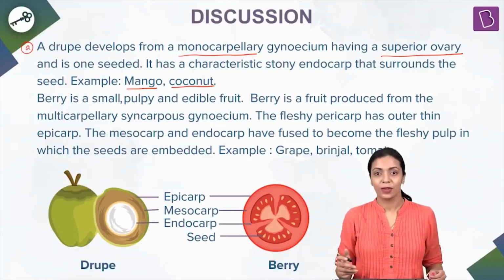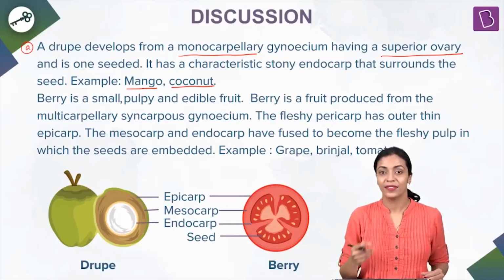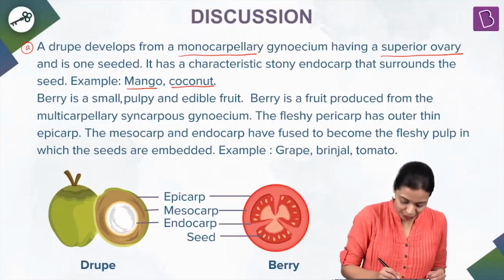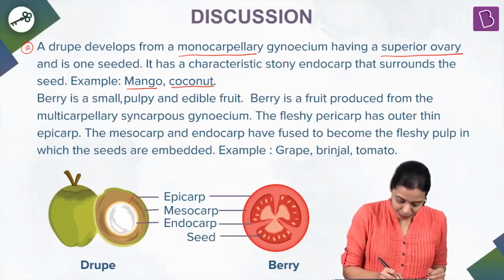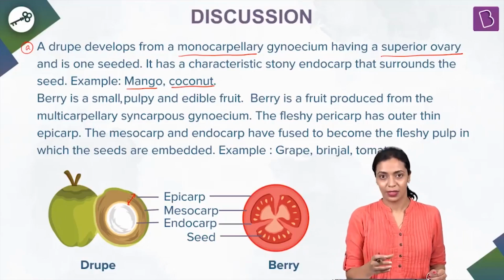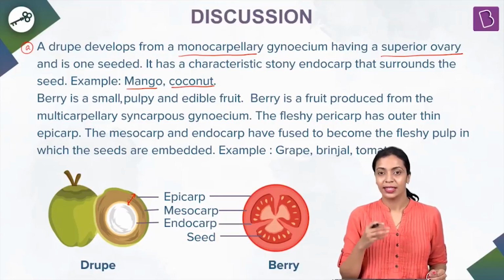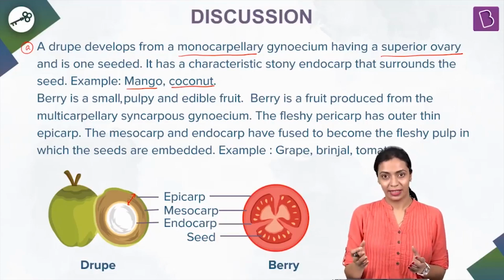Okay, so the characteristic feature of this kind of a fruit is that its endocarp is very hard and stony. Let's take a look at the picture of a coconut given here. You can see that the pericarp is clearly divisible into three distinct layers: the outer epicarp, the middle mesocarp, and the inner endocarp. The outer epicarp, as you can see in the tender coconut, the outer green color, it is